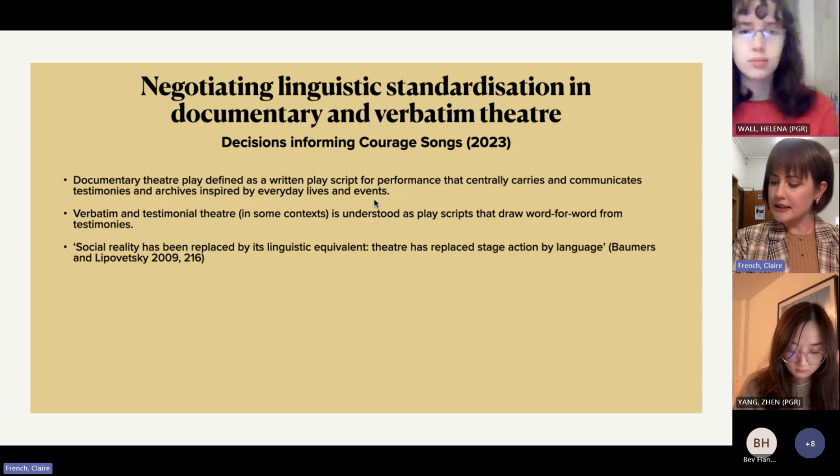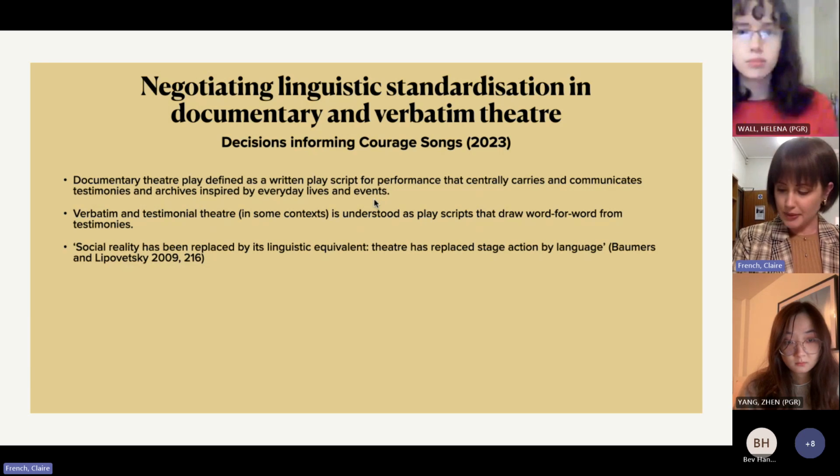And Russian studies and comparative literature scholars Birgit Beumers and Mark Lipovetsky even go as far as to suggest that in verbatim theatre, social reality has been replaced by its linguistic equivalent. Theatre has replaced stage action by language.